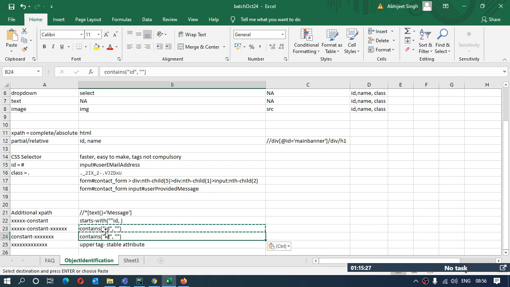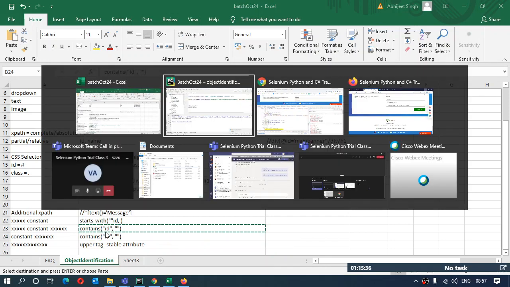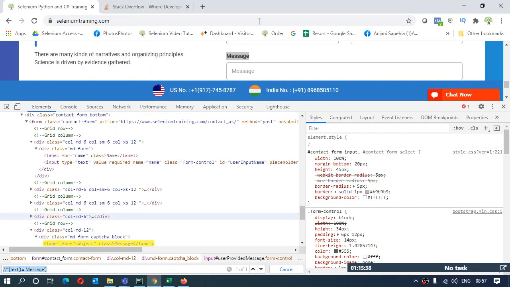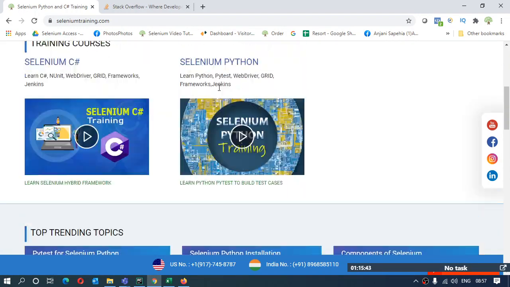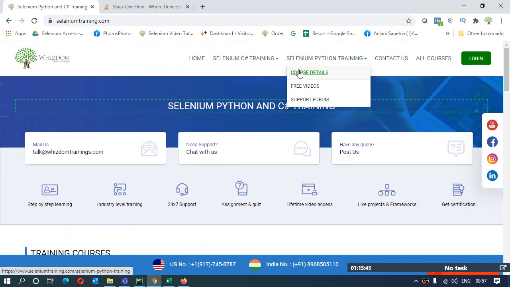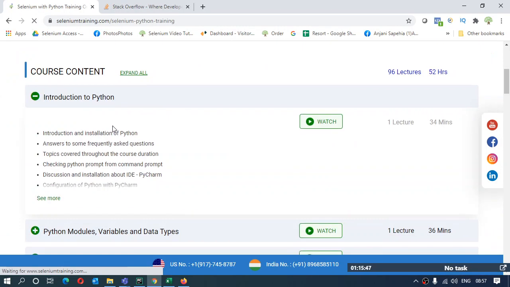Now I don't remember any such URL which has this kind of ID, otherwise I would have shown you. But you can go and refer to the pre-recorded video, XPath with Selenium Python, where I found this with a lot of struggle.